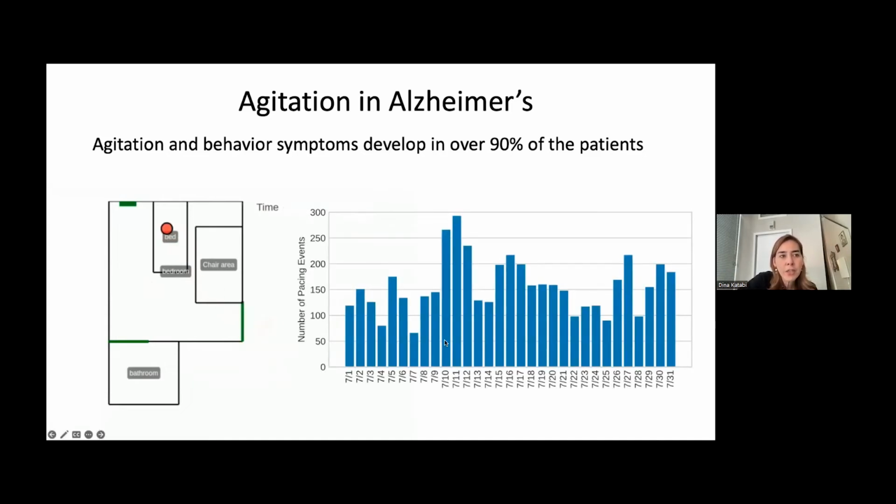And here what you see on the x-axis is the individual days. And for each day, you see the number of these repetitions back and forth. And you can see this is somebody in their 80s, and on a single day, they can do like 300 of these back and forth, back and forth. This is, of course, a very big sign of agitation, and the doctor was able to change the medication to control her agitation by looking at this repetitive behavior.